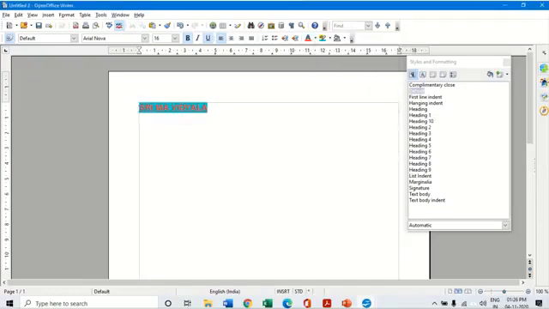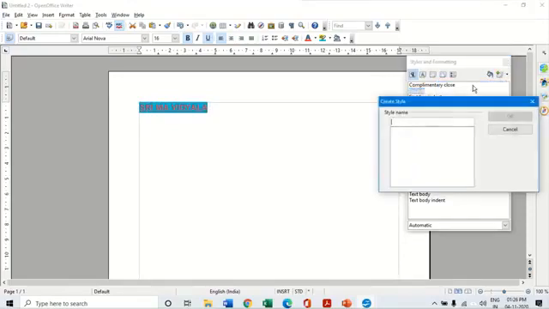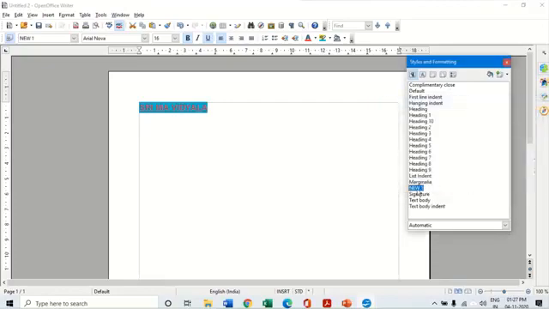Now this particular style, which I created just now, I want to give a new name. So I click on new style, click on this icon here, and click on new style from selection, and I'm going to give a name for it. Let us take new one and say okay. Now below here in my list of formatting, I get to see this new style.